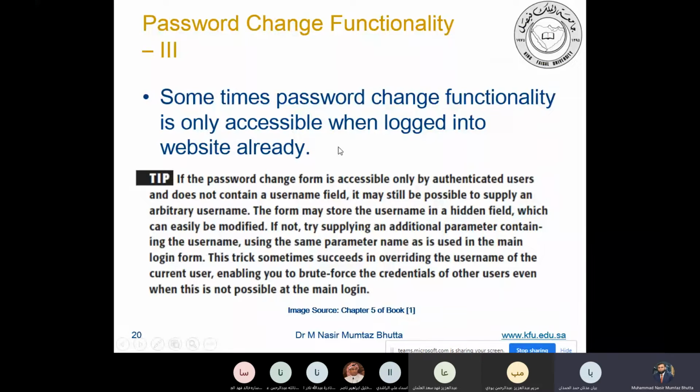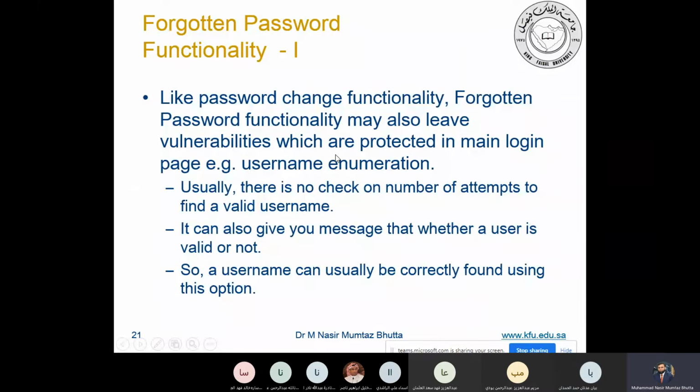Yes, doctor, clear. Okay. Now, another situation is that almost all the websites allow you to have a link for forgotten password. You say that I have forgotten the password, and then they ask you some questions. When you answer those questions, then they allow you to change your password, right?